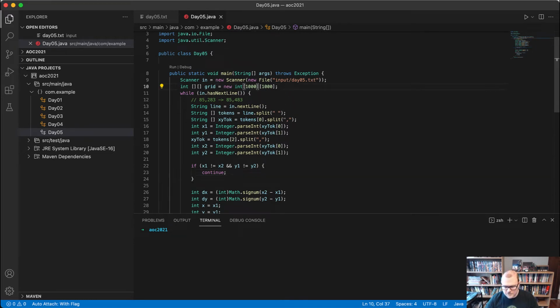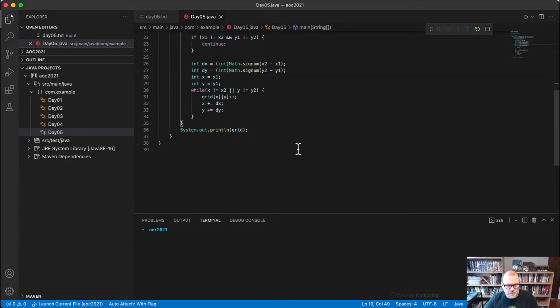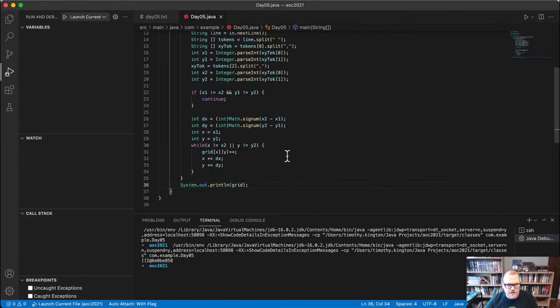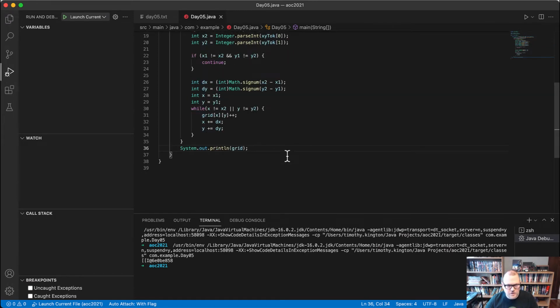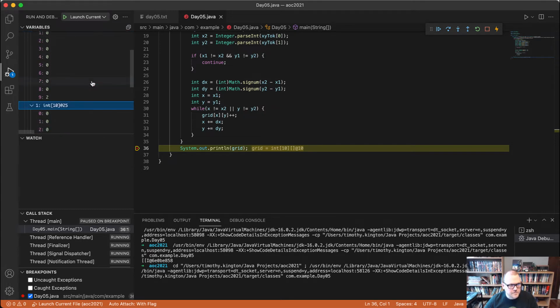Let's also reduce the size of this for the moment, and see what happens. Okay, so that was not very helpful. Let's look at it in the debugger instead, I guess. I wish the array types in Java had some kind of useful toString method. Okay, so we're getting 2, 2